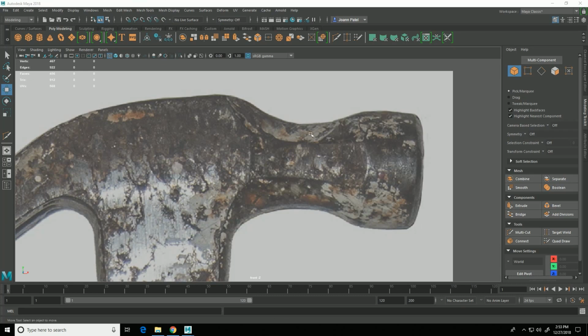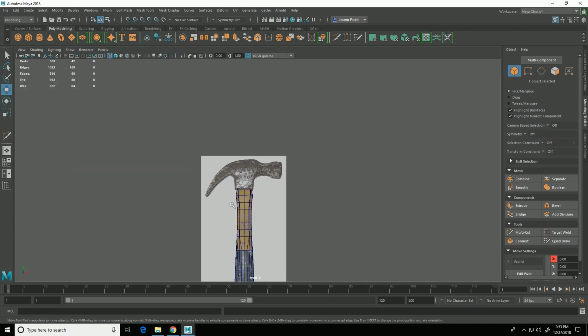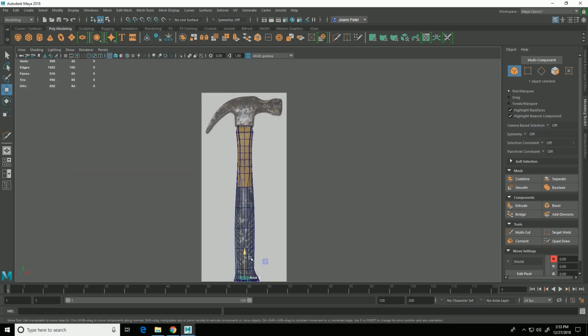In this video, I'm going to start modeling the hammer head, and I'm going to start with this section here. There are 8 facets that go around this section. So I'm going to start with a polygon cylinder. So I'm going to click on the Create Polygon Cylinder icon, and that will create a cylinder at the origin,